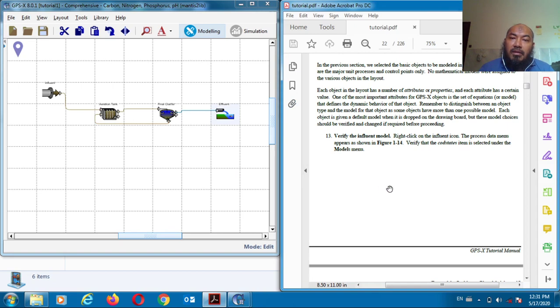Okay, and then one of the most important attributes for the GPS-X object is the set of equations or model that defines the dynamic behavior of that object. Remember to distinguish between an object type and a model. For that object, some objects have more than one possible model. So each object is given a default model when it is dropped on the drawing board, but the model choice should be verified and changed if required before